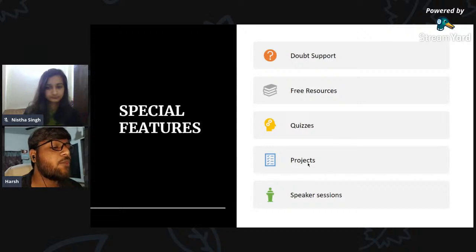So for example, if you are completing HTML, we are having 3 to 4 days for HTML. Once you complete that, you can work on the quiz related to HTML and a mini project which we will be updating you with, for HTML and for CSS and so on. So you can work on these things, and more details about these will be shared as the program moves. So you don't need to worry about these now.